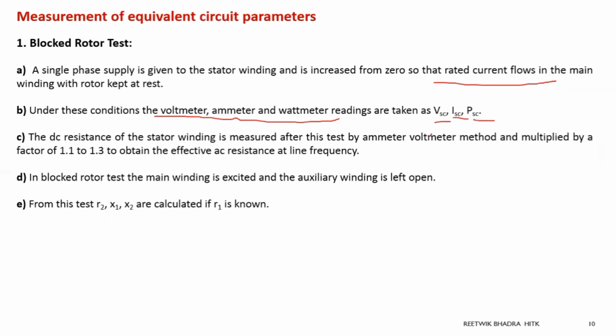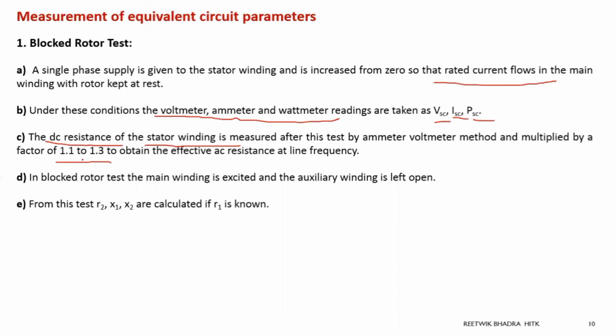SC stands for short circuit. Generally, your rotor resistance and stator resistance will be given in your question, which may be stated as AC resistance or DC resistance. If it is stated as DC resistance, then you can multiply it by a factor of 1.1 to 1.3. The same value we have used in the three-phase induction motor also. We generally use 1.2. You convert your DC resistance into AC resistance by multiplying by 1.2.